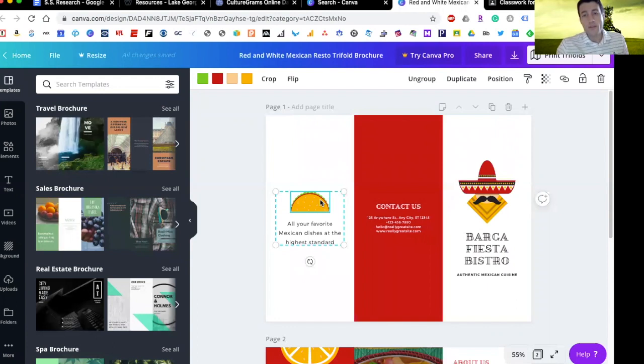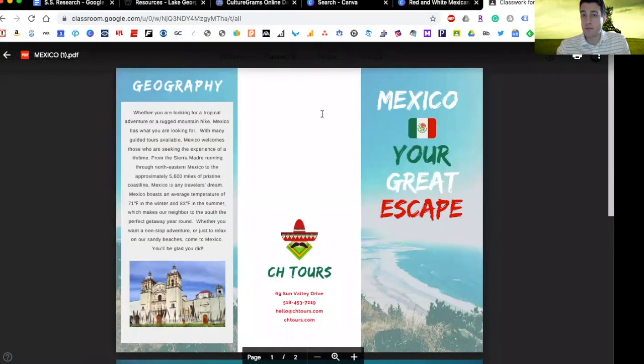Now, here's the one thing that I need you to understand. This is very, very, very important. This page has to stay as your front cover. Okay, this has got to be your front cover, just the way it's going to fold. And this is always going to be your back cover. Okay, so if you look at mine, front cover, back cover,